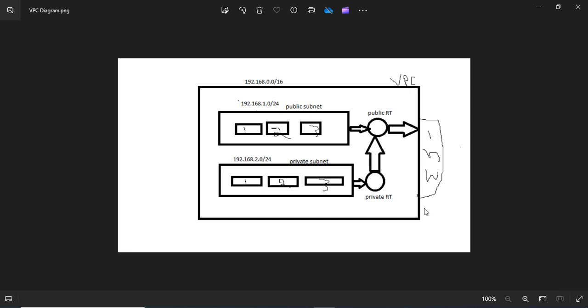Once the VPC has been created and the internet gateway has been created and attached to the VPC, then I'm going to create the subnet. As we discussed in the last session, we have two types of subnets. One is public subnet and the second one is private subnet. The public subnet is associated with the public route table. The public route table has the route to the internet gateway, meaning the instances which have been created in the